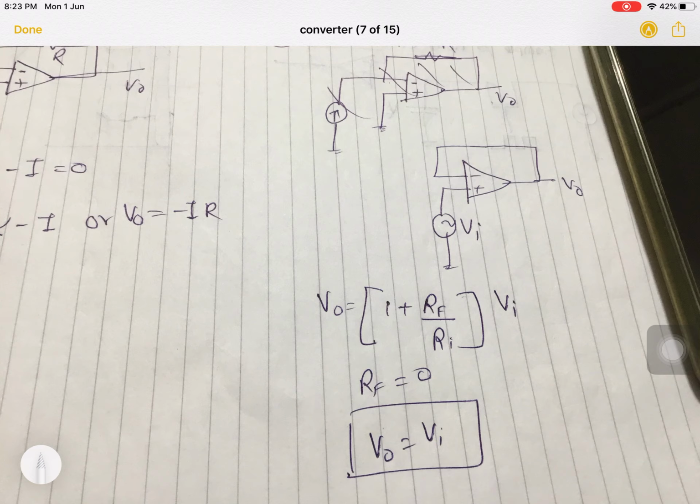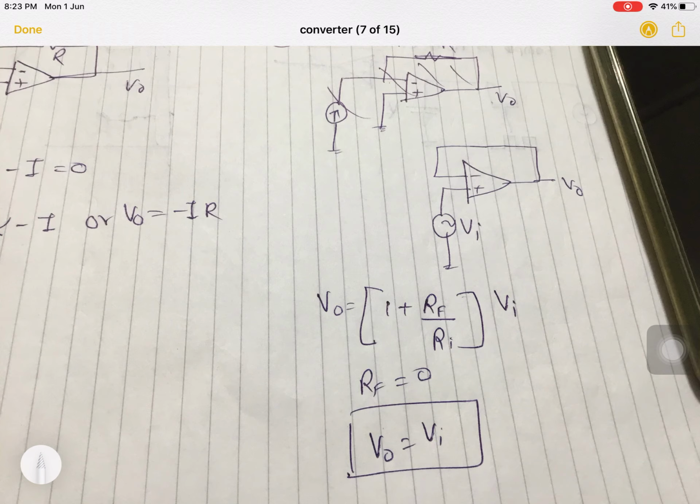Irrespective of its name, unity gain amplifier, this circuit is not amplifying the incoming voltage. It is simply transmitting the incoming voltage to the output. So it is just like V naught equals Vi. We can directly put a wire, and we can replace this op-amp based circuit with a wire. So what is the need of putting in this entire circuit? The question in all three types of circuit is the same: what is the need of this op-amp based circuit, where we can directly put a simple resistor or a direct wire based circuit?